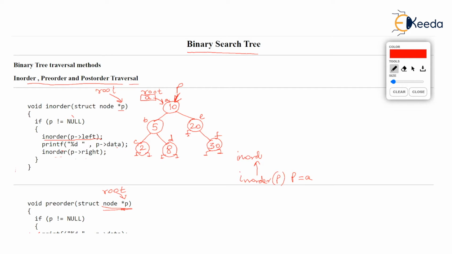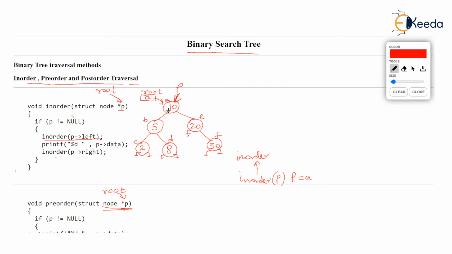And what are we passing to this in-order? Observe, we are passing P arrow left. Carefully see what P arrow left is. Check the mouse position. This left pointer we are talking about, the pointer left stored in the node 10. And what is that pointer pointing to?